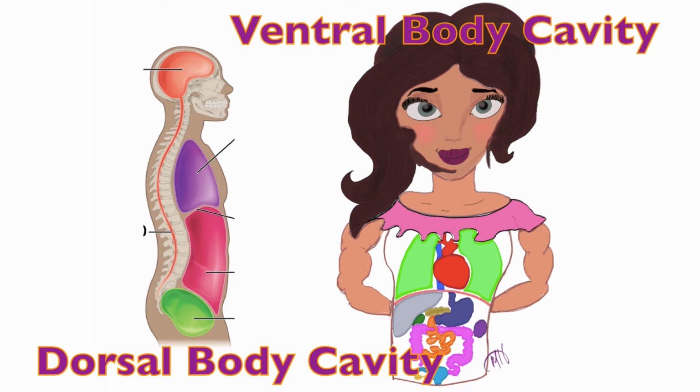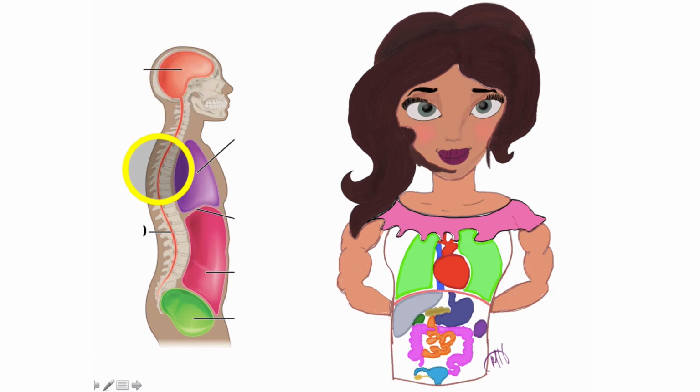Dorsal, for our purposes, is nearly the same thing as posterior. And I hesitate to say that. It's somewhat problematic because the top of our foot is described as being dorsal, and that certainly is not posterior. That's more superior. But it is also used synonymously with posterior, whereas ventral tends to be used synonymously with anterior. So what we see right here in orange is the brain and the spinal cord, and they are occupying